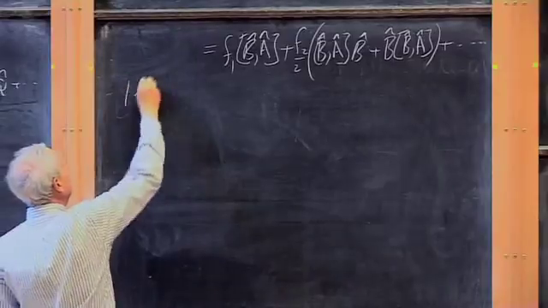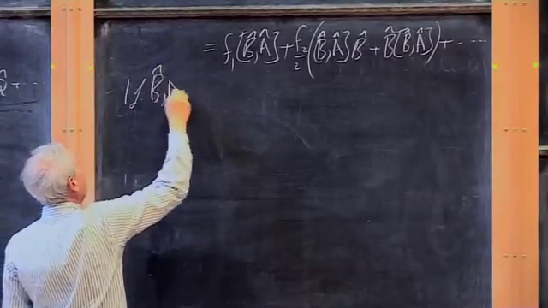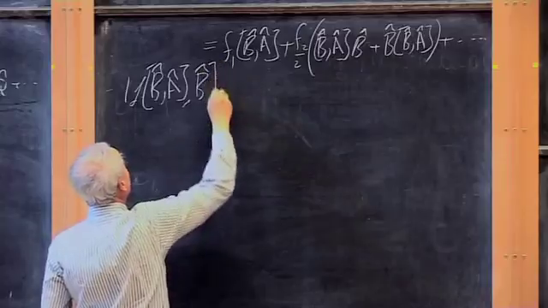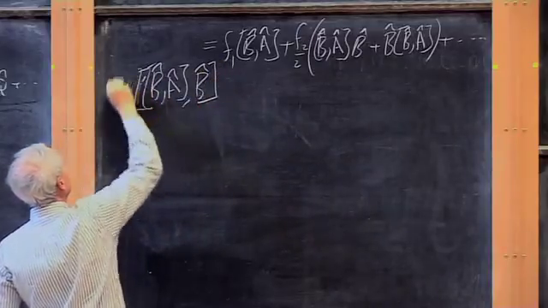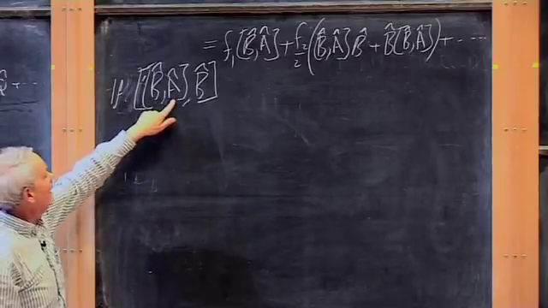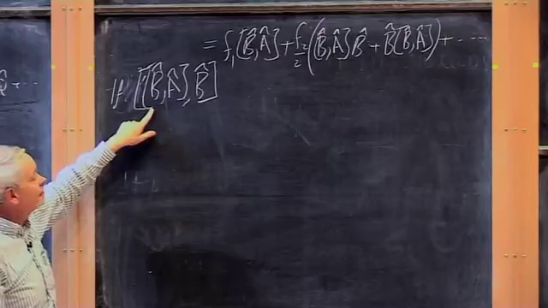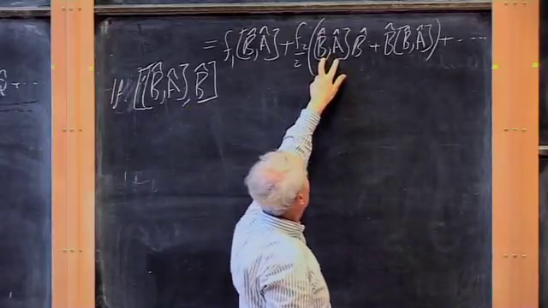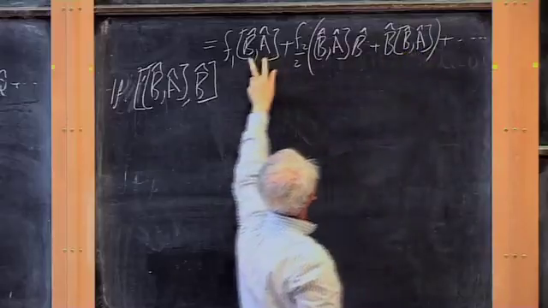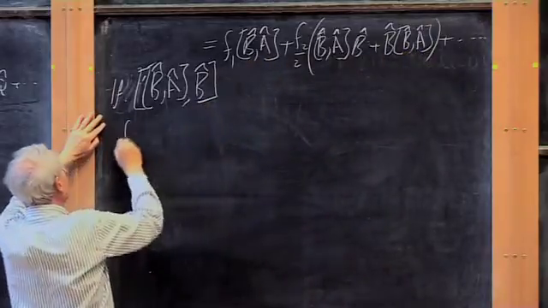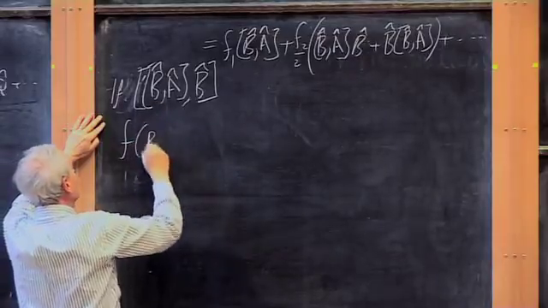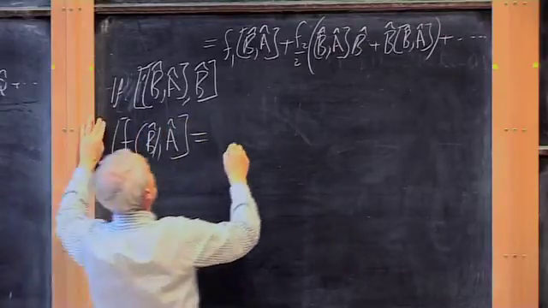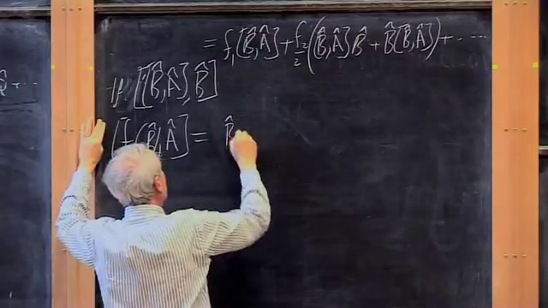But in an important case, if B hat, A hat commutes with B, so if this commutator, B hat, A hat, is an operator because it's the difference of two operators. So if this operator commutes with B hat, then this B comma A, and this B comma A, and this one could all be taken outside, and I have that, under this condition, that f of B hat commuted with A hat is equal to B hat comma A hat